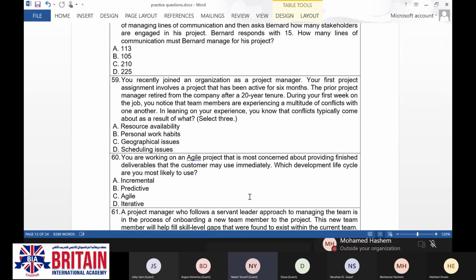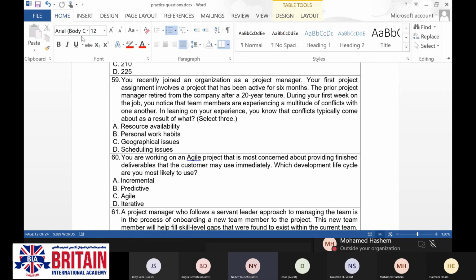You are working on an agile project that is most concerned about providing a finished deliverable that the customer may use immediately. Which development life cycle are you most likely to use?